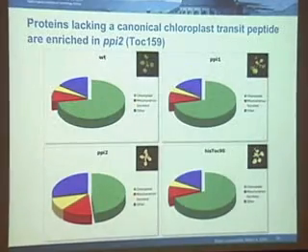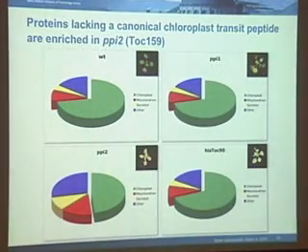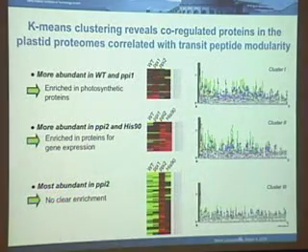Now, what are we finding here? Just to give you a little bit of background, these are all unpublished data. We are finding that in the PPI2 mutant, we actually have proteins enriched that don't have the canonical chloroplast import sequence. That is something you would expect. And you see that these proteins are actually missing from the wild type because you have this abundant class of photosynthesis proteins. Okay? I'm not going to go through all the details, but we can then ask the question,